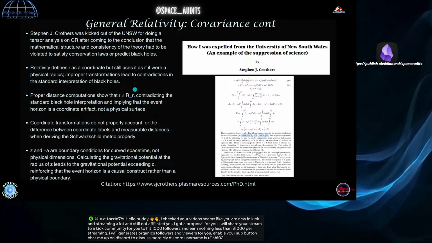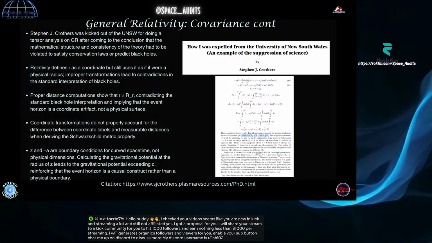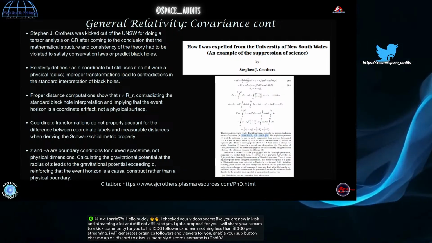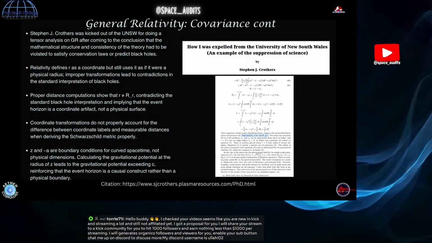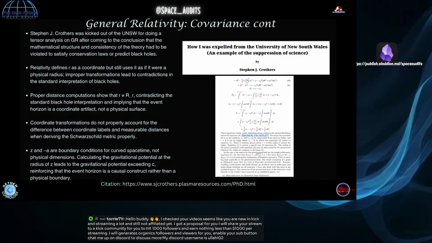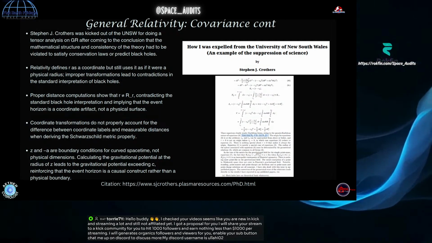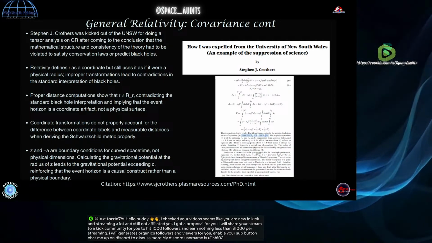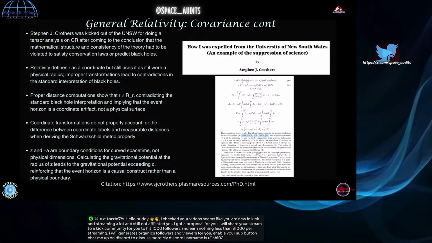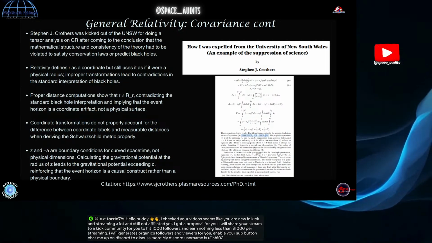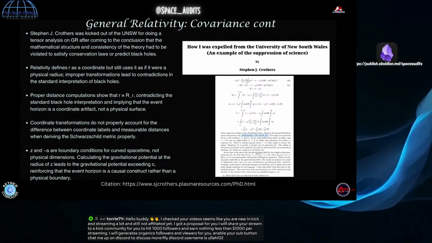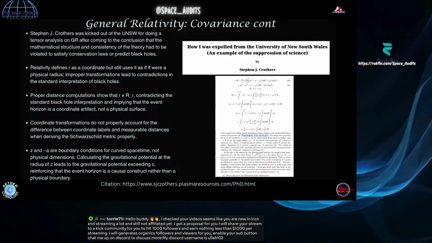A man named Stephen Crothers, who was getting his PhD in general relativity, was doing a mathematical analysis on it, and he found a bunch of contradictions. One of them was in relation to that tensor and how it doesn't dimensionally satisfy the conservation laws, with that issue that Einstein was having with the relativistic mass. But a simpler one that he found that's a little easier to understand is that the value given for the radius derived in black holes from the Schwarzschild metric is a coordinate label that they're using for a specific point in space-time.